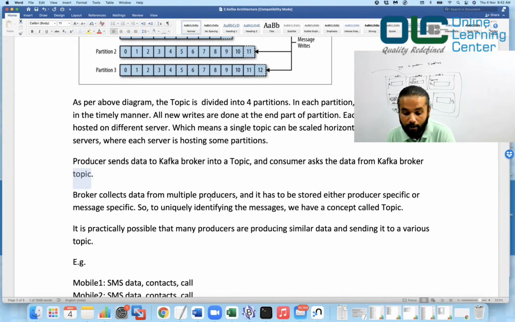So a topic is basically a tag. As we talked about in the example, when you go to the airport, you are given a sticker, and that sticker is pasted on your luggage. That sticker is basically a tag which says that this bag should fly to Hyderabad, probably. So a topic is basically a tag which can help us classify all the similar messages together and nothing more than that.